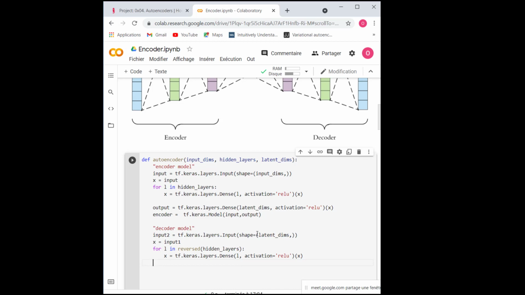Now for the output layer, I'm going to call it output 2.